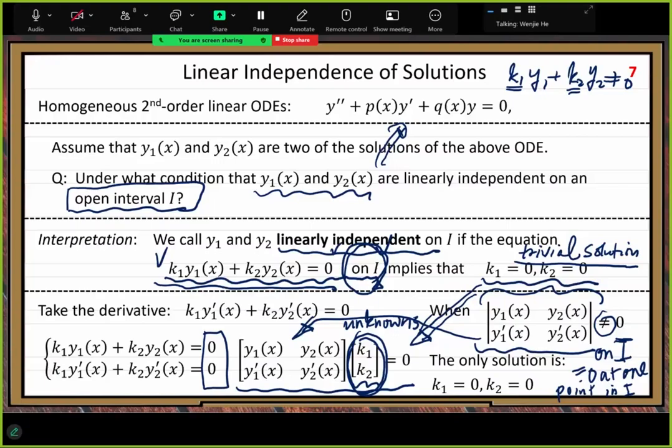All right. So if the determinant equals 0 at one point in I, you do not require it everywhere in I, just one point in I, okay? Because at that point, let's assume that point is x1, we just use the special x1 point in that I. At that x1 point, this determinant equals 0. Then